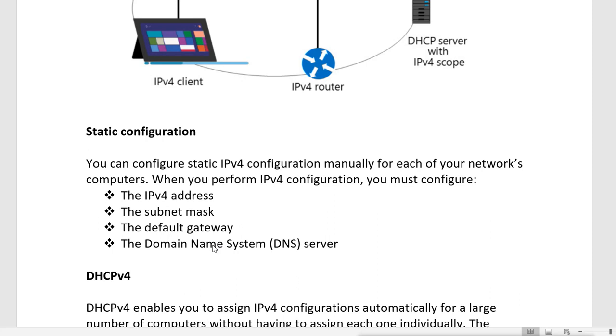DNS server is for resolving names. This is also another protocol, DNS, which is used to resolve names, because suppose you have 200 or 500 machines in your network and you want to remember all those machines to connect, then if you remember them with IP addresses, it is difficult, because you can't remember more than 10 numbers.